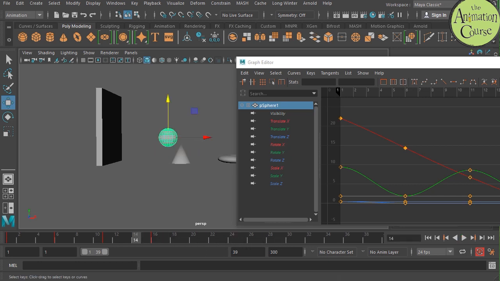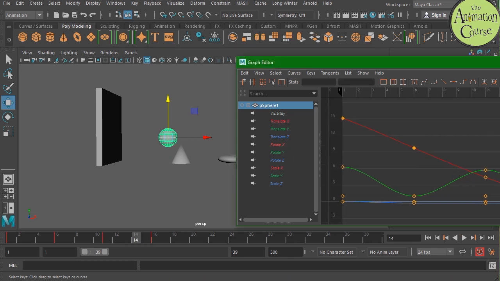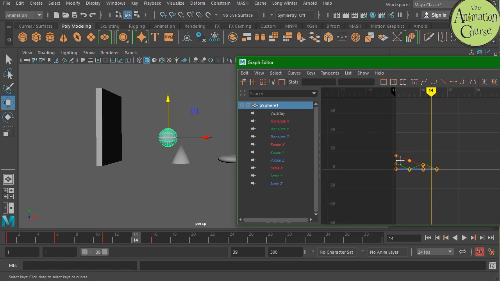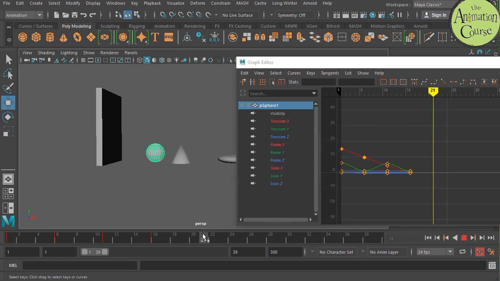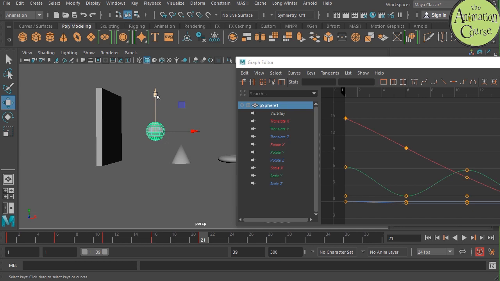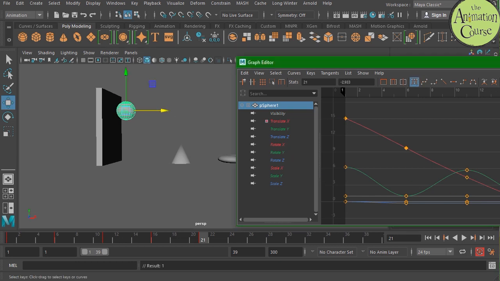And you can see I don't have the entire graph editor open here, but I'll try to see what's happening. And I'm going to get this kind of working,